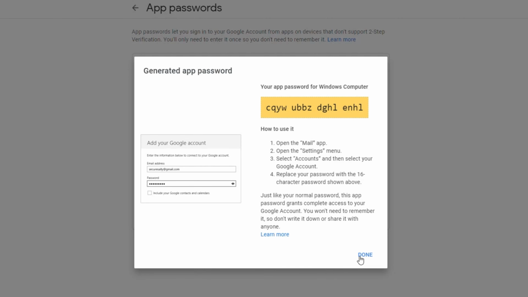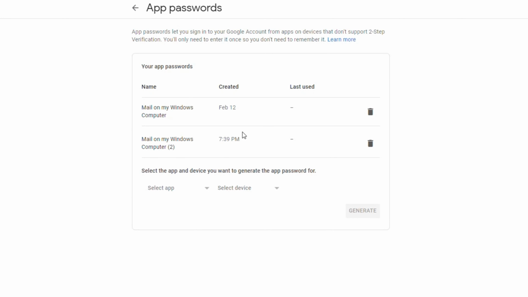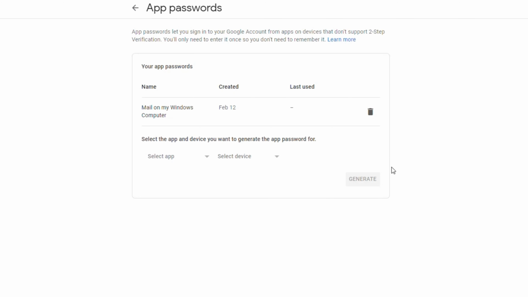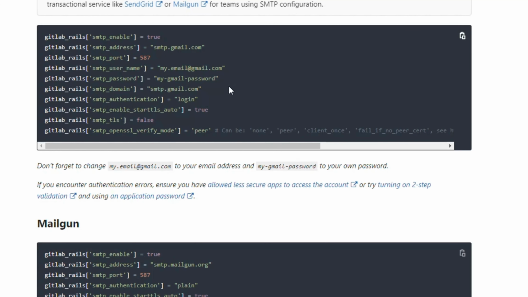Okay, done. Then you use that password to add here. The rest is all the same. You only copy it after you change these fields and use it to configure SMTP to send your emails.